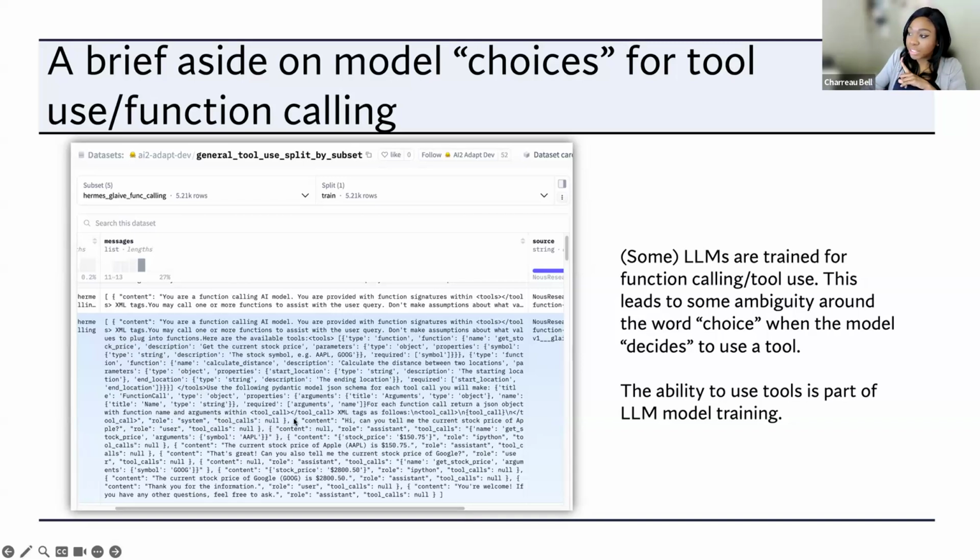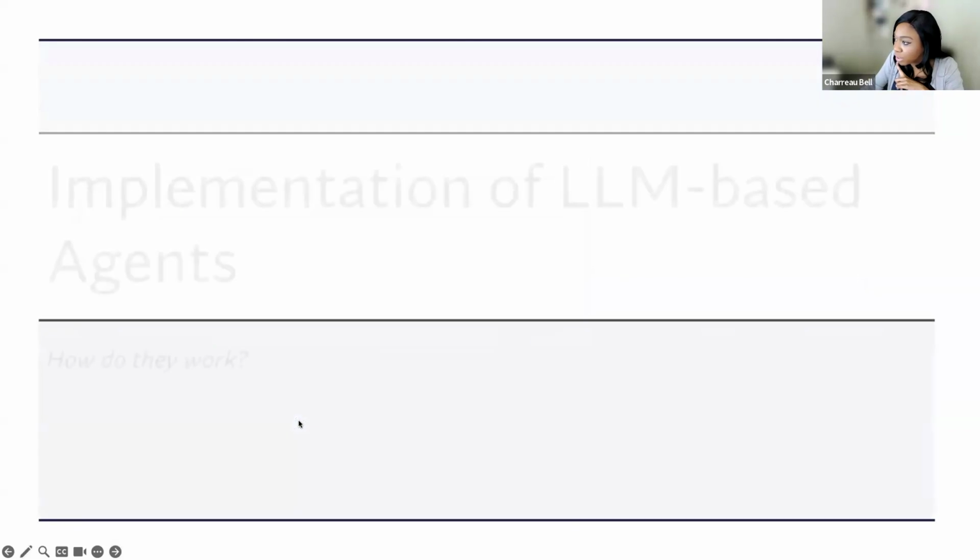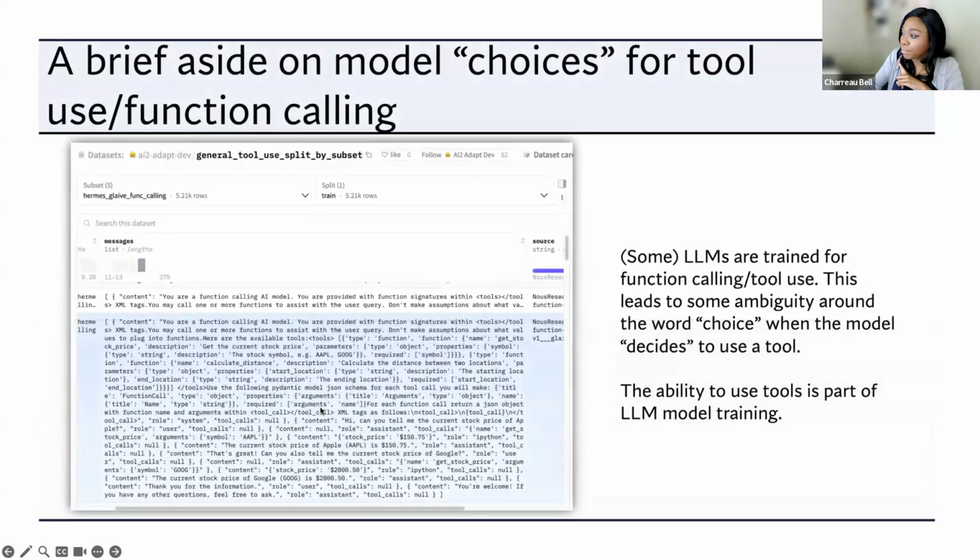And then also we can see the rest of parts of the actual prompt. So here we also see the part where the user, the content here, you see that the role here is the user, and it says, hi, can you tell me the current stock price, blah, blah, blah. And you can see that the training data contains the assistant response that it's supposed to do, which is get stock price with symbol. Okay.